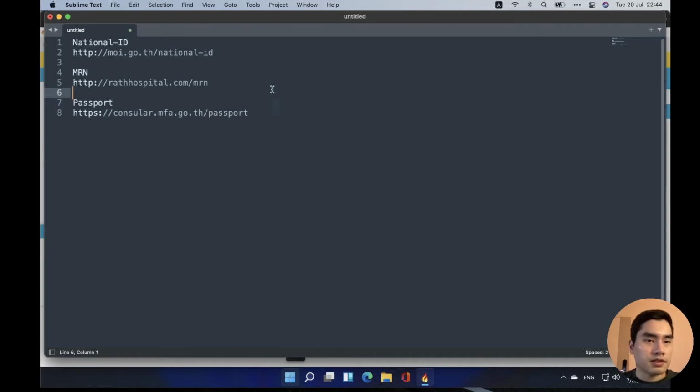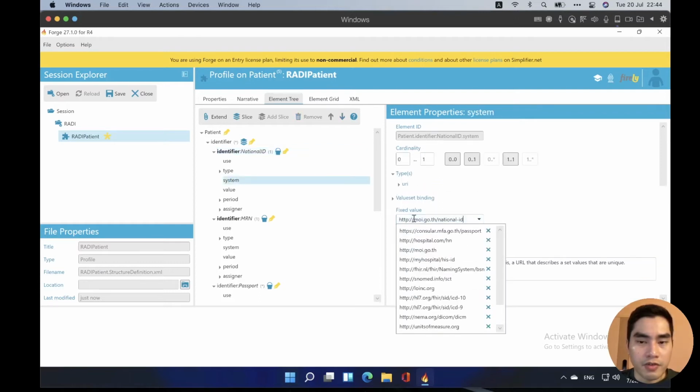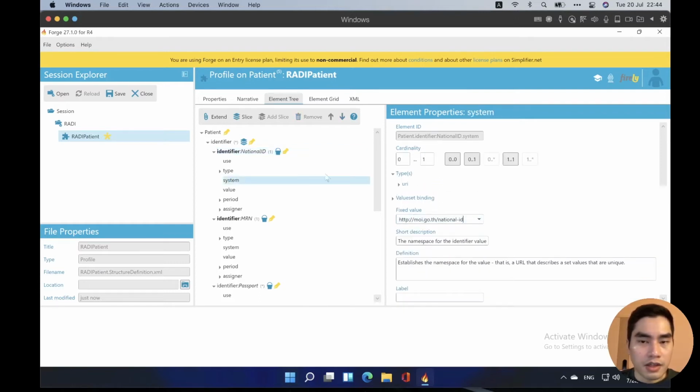Okay, this is the system of identifier. So I will switch to this one. The first one, system. We have to fix value here, and I will require this, and I will require the value as well.